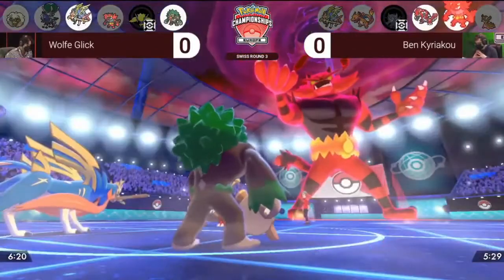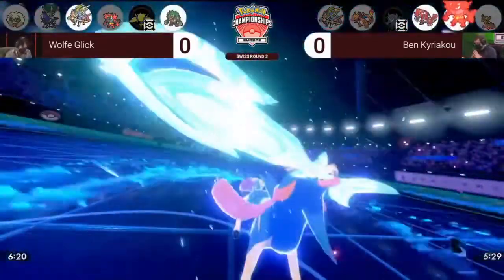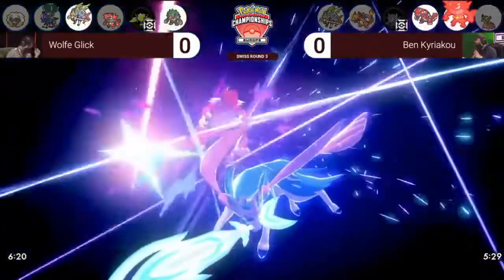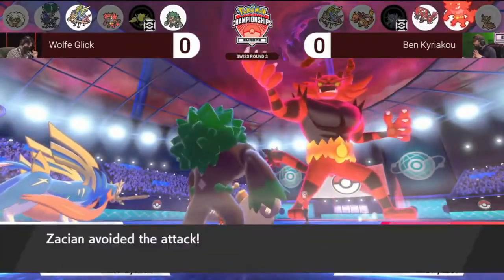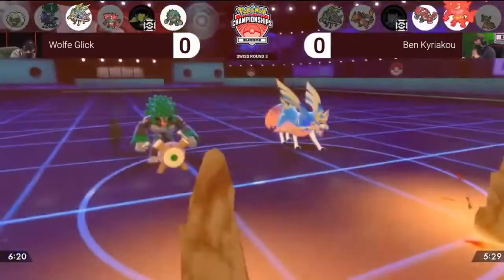Yeah, and I think that's where the control is. If you switch the Rillaboom out at any point, you're going to be able to get that Grassy Terrain back, and it kind of takes away the worry that you've got about that Groudon, because you can just bring the Rillaboom back in and have access to Grassy Terrain, Grassy Glide, which is, you know, the priority attack, and deal with it quite easily. Exactly, and Groudon not having a good time here, manages to go for the Precipice Blades,